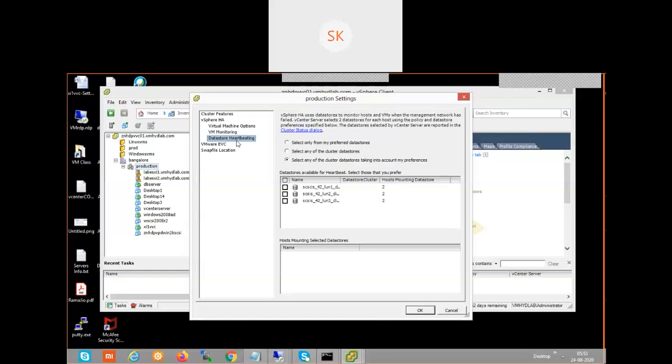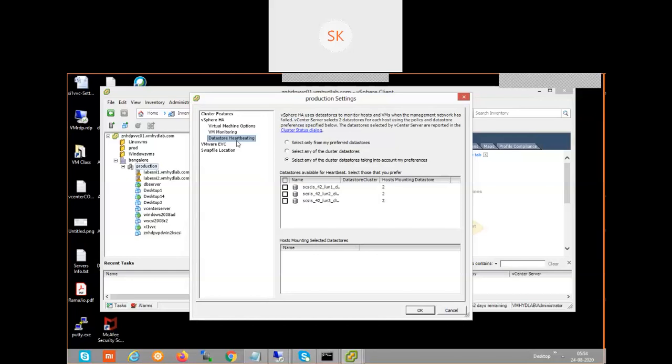Datastore heartbeat means, what are the datastores available to each ESXi host? Before configuring the cluster, shared datastores will be there. It is an additional cross-check. On one of the shared datastores, we are going to enable heartbeating. For example, these are the shared storage available in my environment. I'm going to choose one datastore as my heartbeat datastore. Before taking a call that the host is not responding, it is going to check datastore connectivity also.